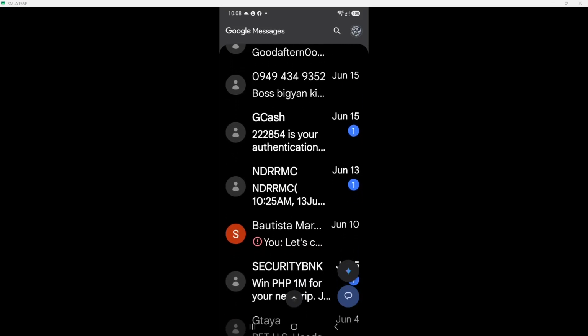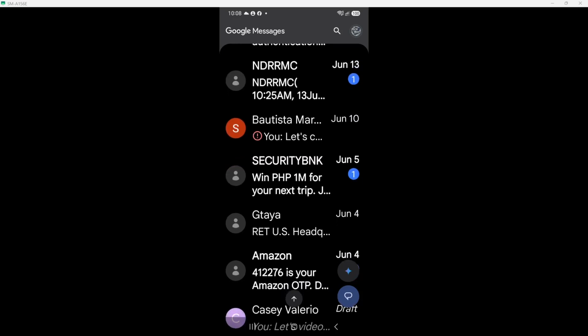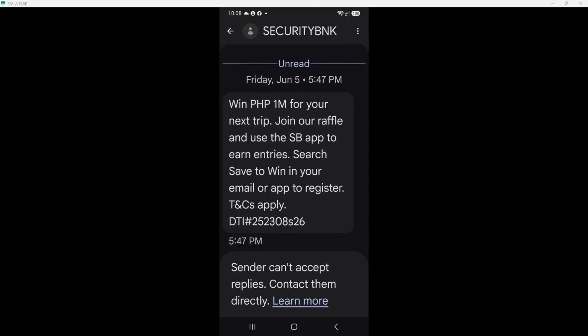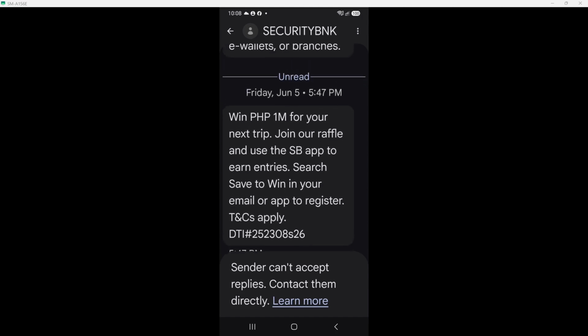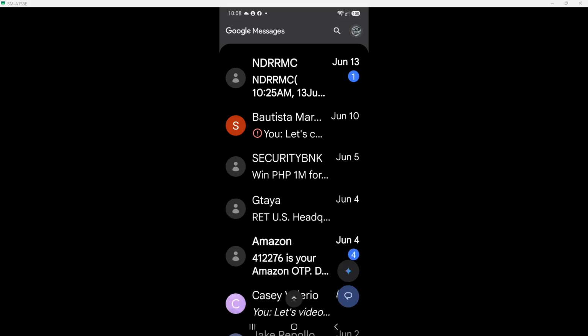Finally, keep in mind that you can return to these settings at any time. Feel free to experiment with different sizes as your preferences or needs change over time. Technology should adapt to you, not the other way around. Thank you for watching. Now you know how to change the text size on your Samsung phone.